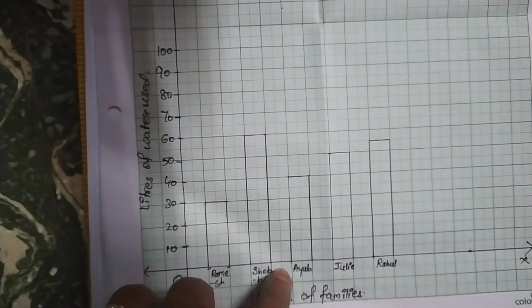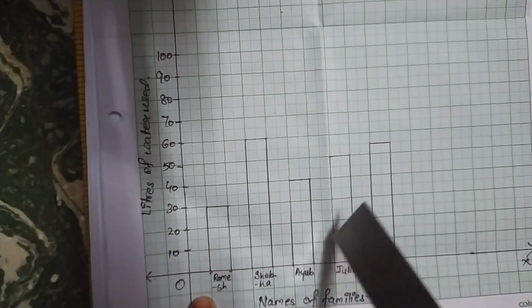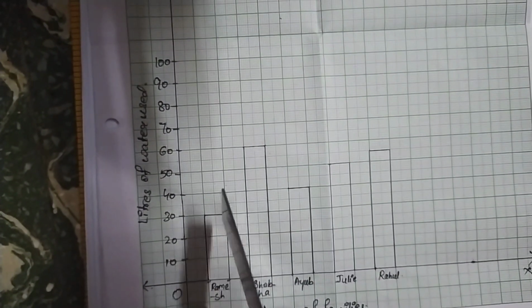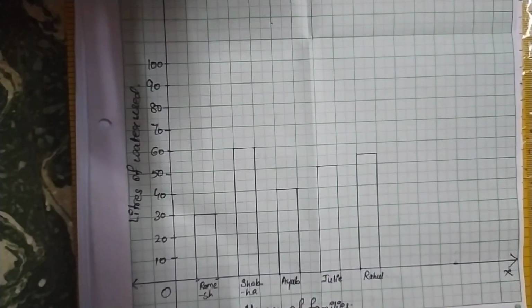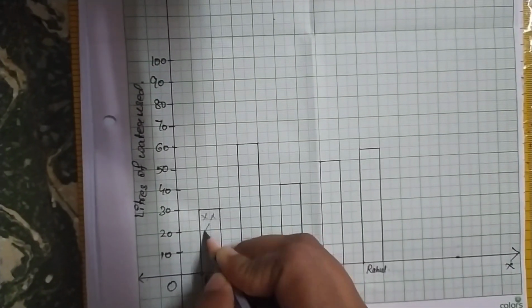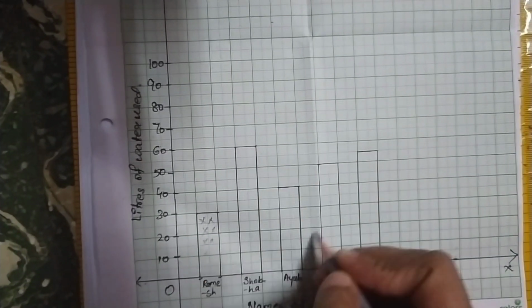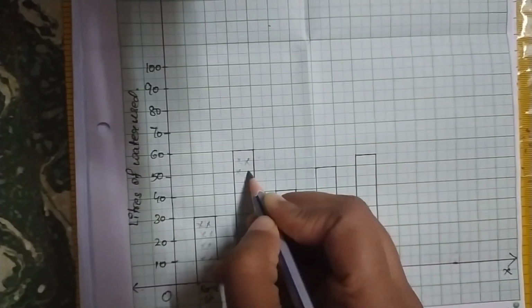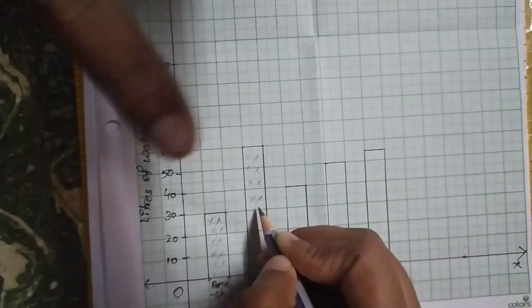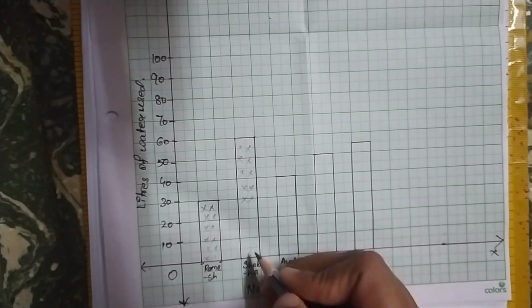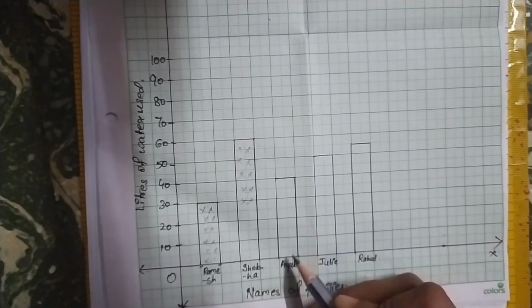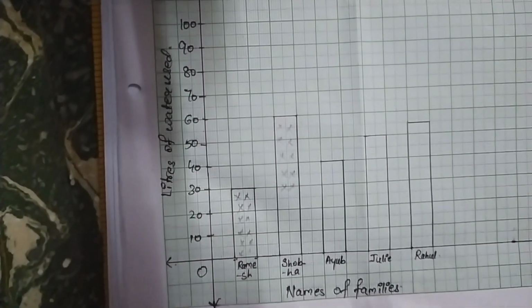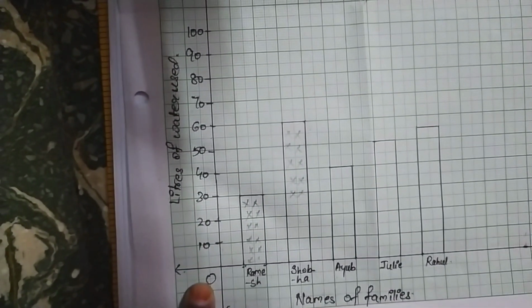Children, there is a point to remember here. When you draw this bar graph, you can also give shades to each of these bars. How? You can put a cross in all the graphs. It should be a cross in all the graphs like this. Or you can draw slanting lines, or you can give a shade in all the bar graphs. Now again, please note, this is the origin where the x-axis and the y-axis are joining.